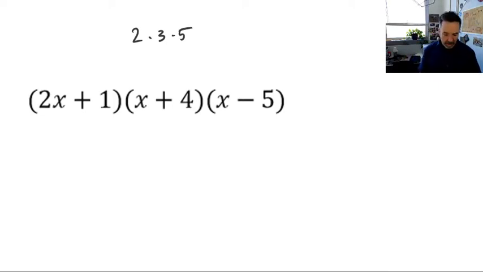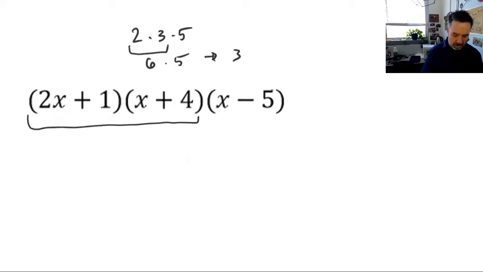But I can think, oh, I can certainly multiply these two, right? 2 times 3 is 6. And now that I know that that product is 6, I can take that 6 and multiply it by 5. 6 times 5 is 30, right? So that's what we're going to do here. We're going to just multiply, and it doesn't matter which two, just like it doesn't matter with the arithmetic. I can pick any two of them, multiply them, and once I get that result, I'm going to multiply it